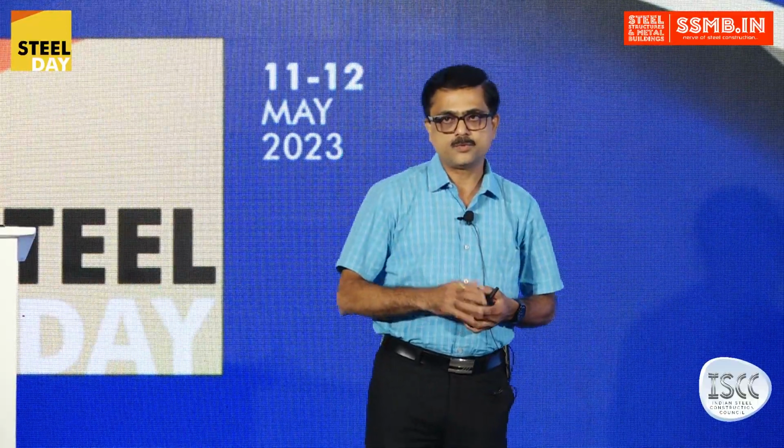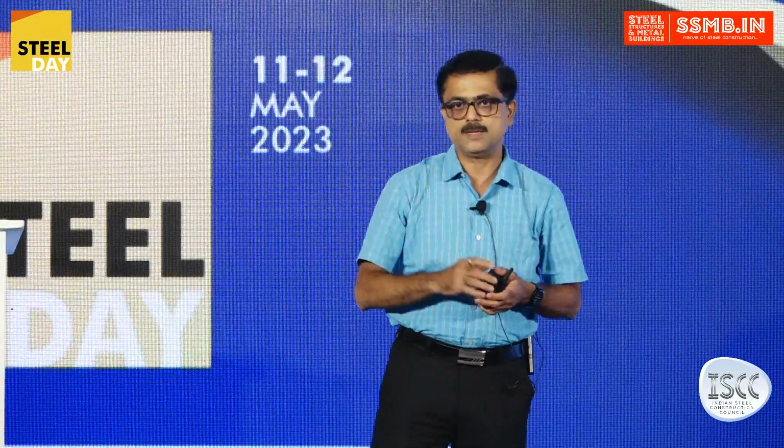Thinking of PEB, there are mostly two items, primary members and secondary members, and the rest are miscellaneous items in the structure. If you remove the secondary and miscellaneous items, the primary structural members contribute 40 to 60% of the total tonnage of the building. This 40 to 60% is a very huge amount, so can we think of optimizing this particular item, the primary structural item in the structure?